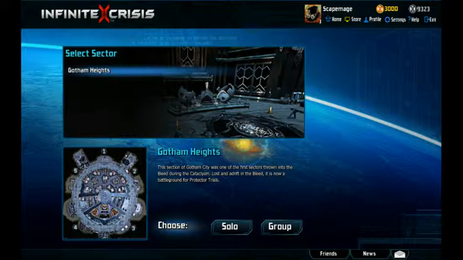There's buildings and stuff, and as you can see here, terrain that even in the hidden fog in the middle of the map makes it look like a city. Although I'm not sure why you'd have such heavy fog in a city. But it says this section of Gotham City was one of the first sectors thrown into the bleed during the Cataclysm, which apparently is the catastrophic event that caused the Infinite Crisis that is the center of this game. Lost and adrift in the bleed, it is now a battleground for Protector trials. Protectors are your player. You are the Protector when you play as different